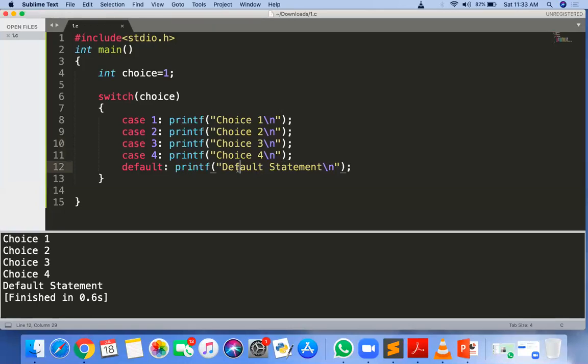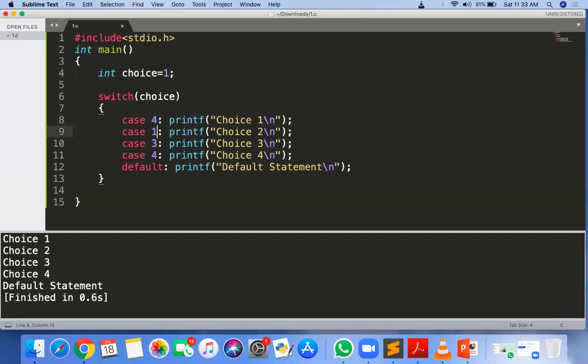So can you decode this? What is happening inside this switch case? Sir, I think the previously stored output will be displayed again. There is no meaning of previously stored output, because every time the program runs anew. Sir, from the value that the choice matches, everything that comes after, all the next statements, will get printed.